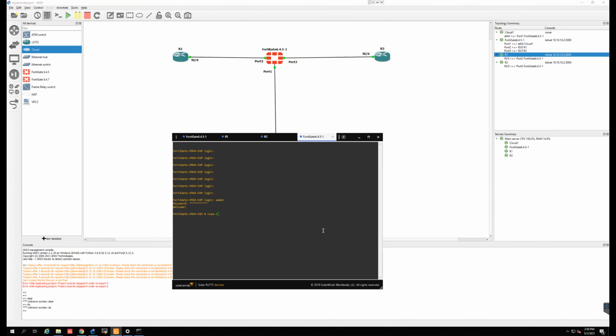And can you configure an IP address on this firewall? Wait, let me configure. Config system interface, port 1. Set mode.